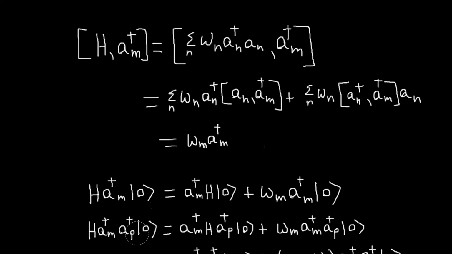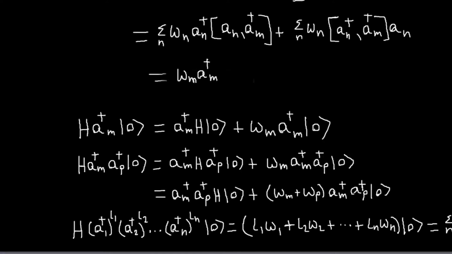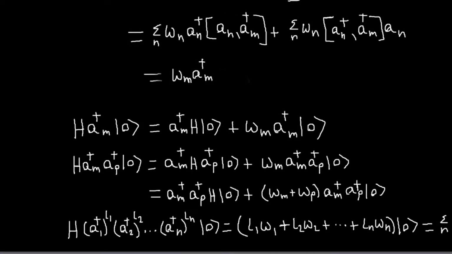And similarly, you can do that with not one particle in this case, but two excited modes. Again, just use the commutation relations, and this time you get omega_m plus omega_n for the energy of that state,